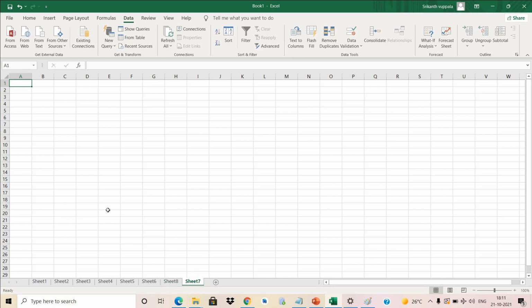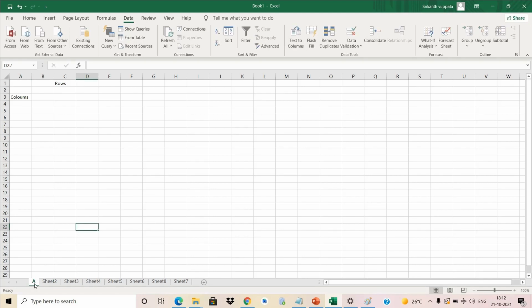Okay, now we have seen how to add the sheets, right? So when you are representing any data or some information to your clients or customers, if you leave this sheet 1, sheet 2, sheet 3, it doesn't look good, so you need to rename the sheets, right? So there are again two ways to rename the sheets. One, the simplest way is double click on the sheet 1 and you can give your sheet name.